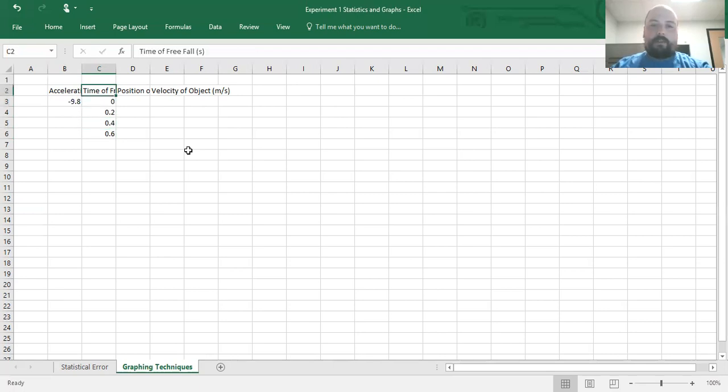I'll show how to generate that for a long list of periodic intervaled sequence of numbers. Next, we'll then calculate the position of an object as a function of time, and then also the velocity of the object as this object descends in free fall under the effect of gravity